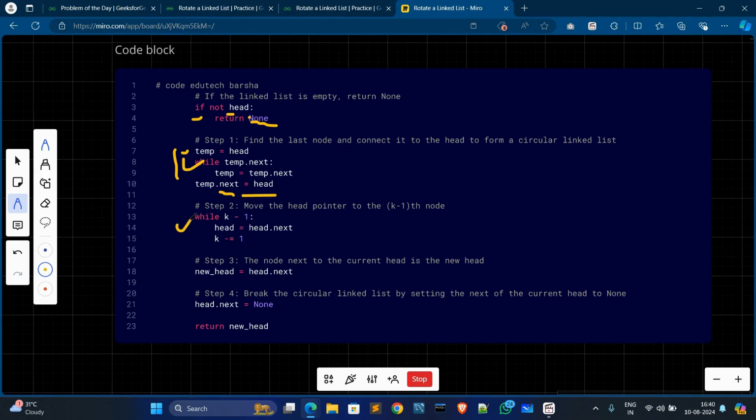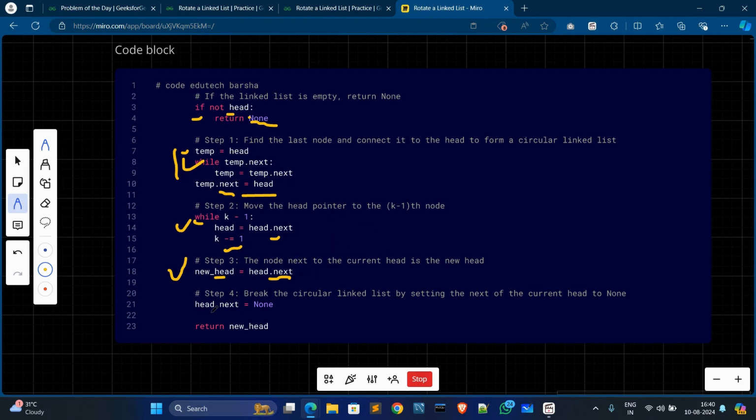In the next stage we move the head pointer to the k minus 1 node. For this we create a while loop, k minus 1 times, moving head to head.next. Next we keep the node next to the current head in a new node, which stores the new head value.